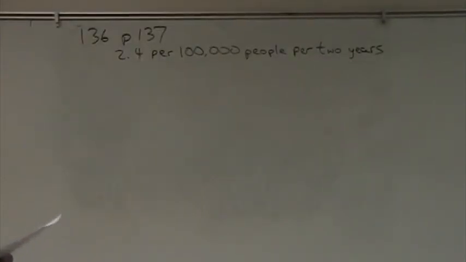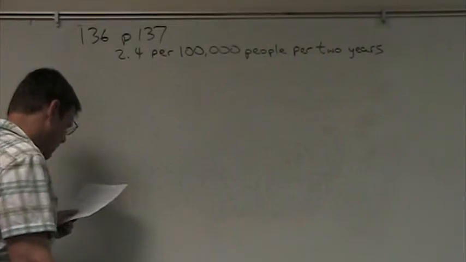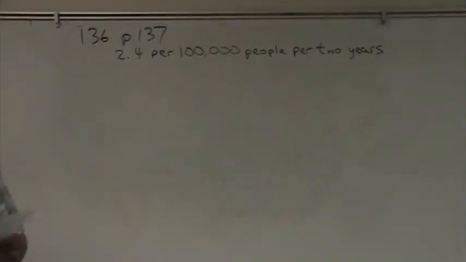So in Part A, it says if this rate has not changed and if 100,000 cases from Colorado are reviewed for this year, what is the probability that at least 5 cases of E. coli will be observed? Well, in case you don't have your book with you, let me reread this again. If this rate has not changed and if 100,000 cases from Colorado are reviewed for this year, what is the probability that at least 5 cases of E. coli will be observed?